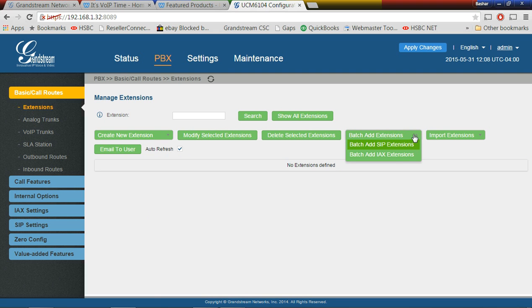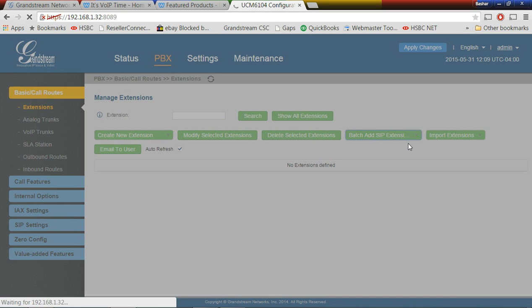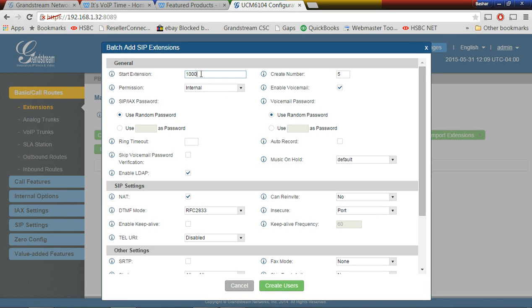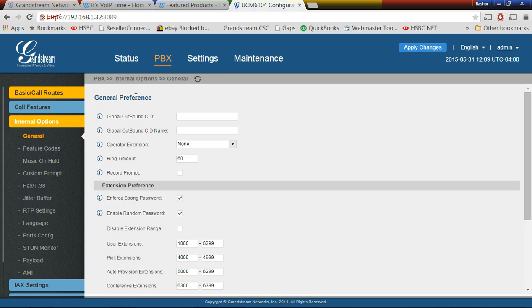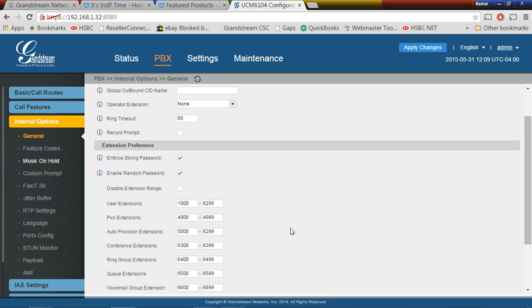So here I can say batch add SIP extensions, because we want SIP extensions. And then I don't want 1000, I want 20. The moment I hit 20, see what's going to happen. It tells me that the range right now is between 1000 and 6299. So I want to change that range. It takes me to internal options, general. I could have gone there before and just said, you know what, extensions are 20 to 25, small system,